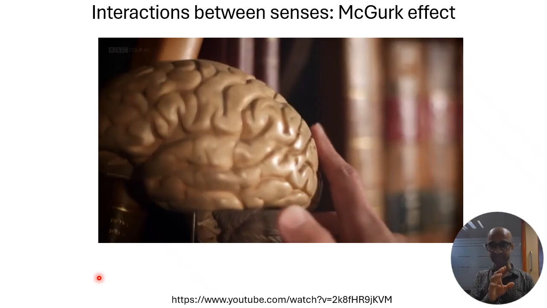So now in this example, we are actually using two sensory modalities. The dominant visual sensory modality is setting the expectation of what you should be hearing, and the auditory sensation is actually being completely overridden by